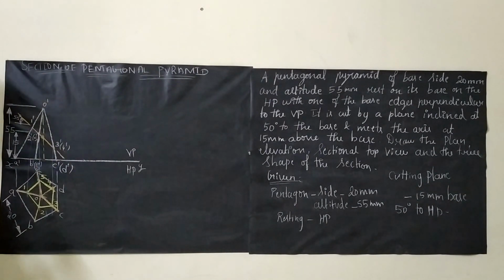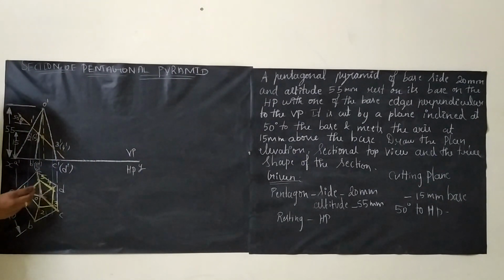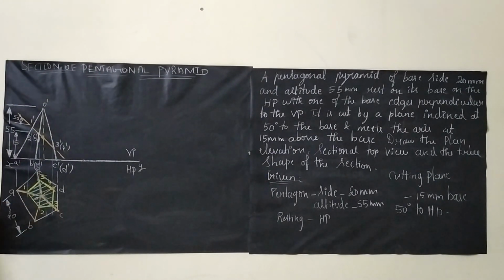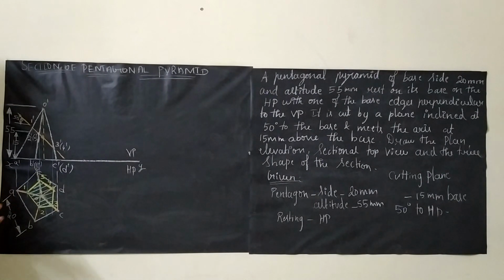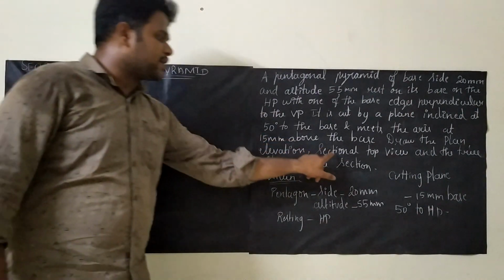Then after getting them, you can hatch it. You have to hatch at 45 degrees. It is approximate, so there is no need to use a protractor. The spacing between two lines should be equal, and this is called hatching. The angle will be 45 degrees. You can draw roughly, approximately, but the distance between these two lines should be equal so that your diagram will look good. So whatever you got here, 1, 2, 3, 4, 5, this is called the sectional top view.